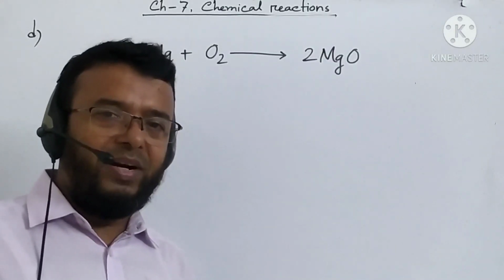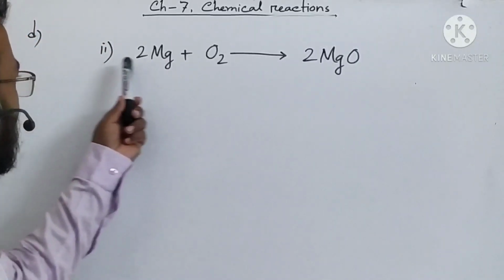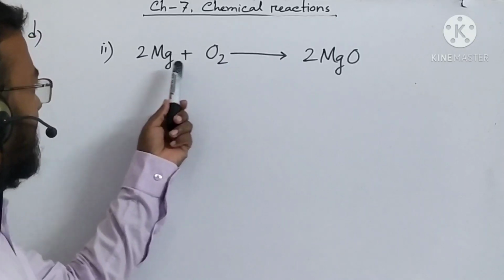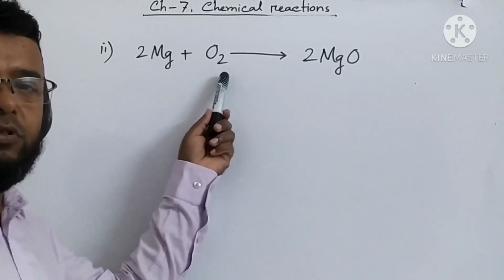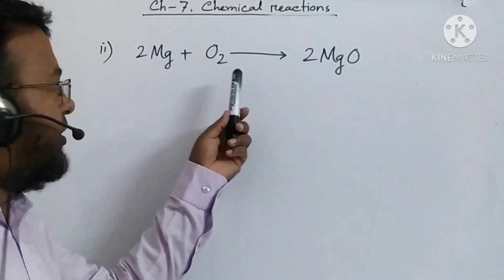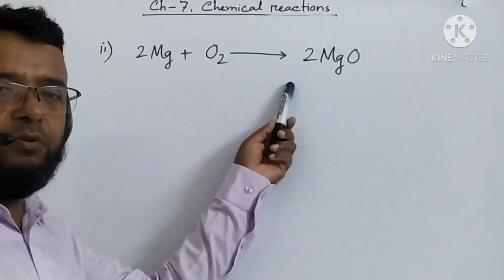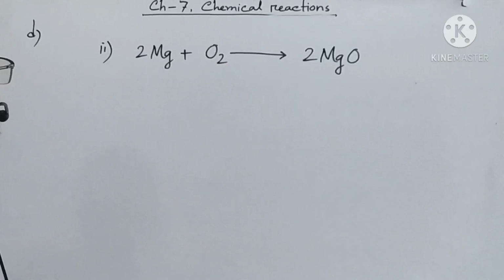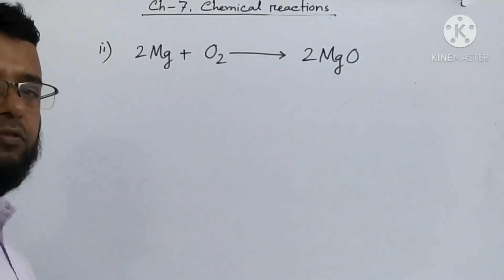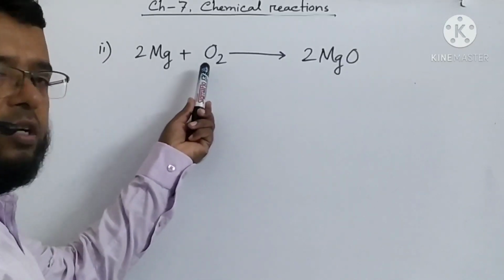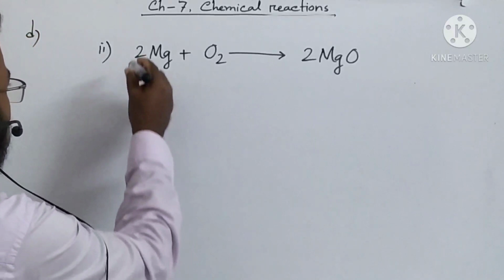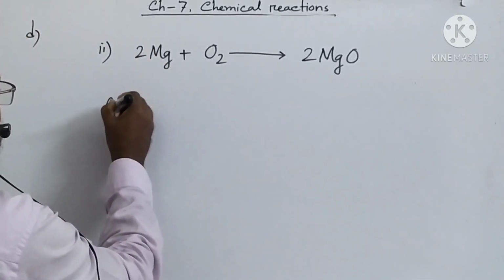Okay, now question number D. It is told that reaction number 2 suffers different types of reaction. Now we have to mention how many types of reaction it supports. So first one, everybody see, I told when a compound is formed by the addition of two or more elements or compounds, then it is an addition reaction. So we can tell this is an addition reaction.